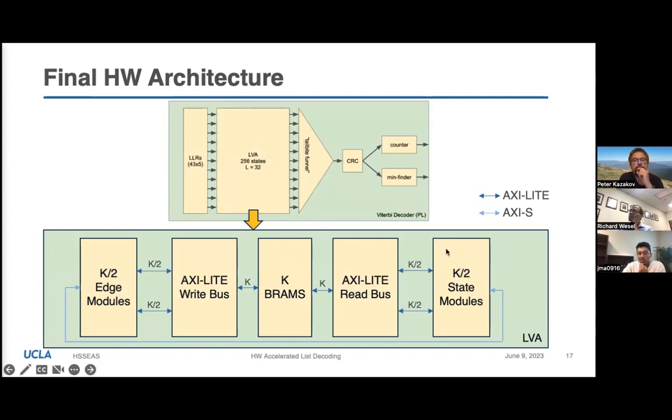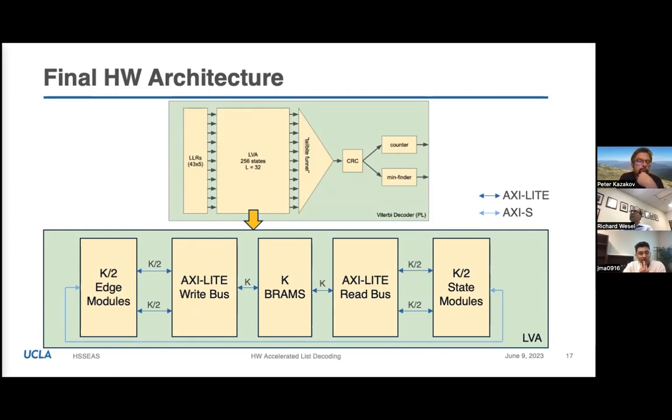The state modules, we instantiate k over 2 of them, and they have 2 inputs which correspond to the edges that they're processing. They do the merge sort as before. They get fed into the edge modules, which do the edge metric computation, and then those get written to memory. And every cycle this flow happens until we finish the time point,